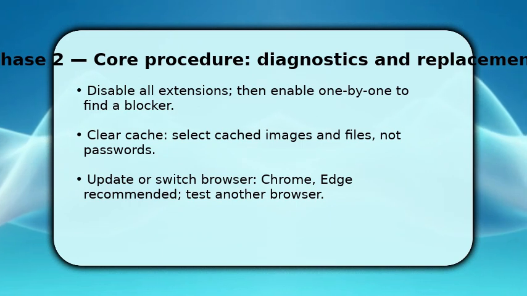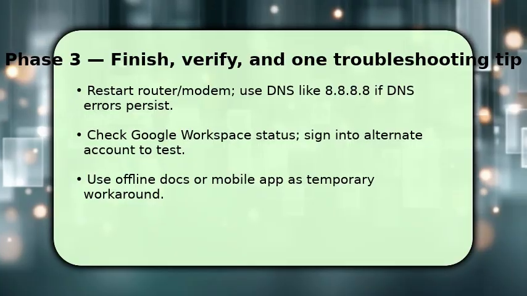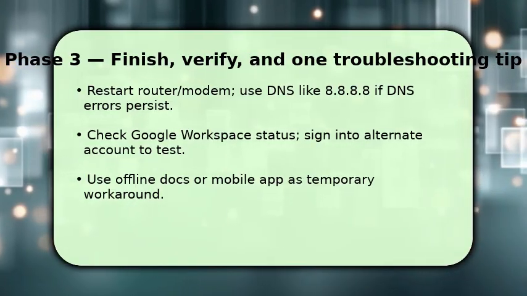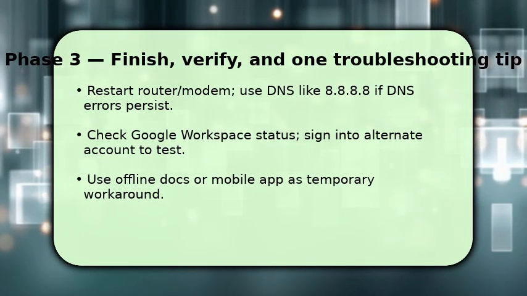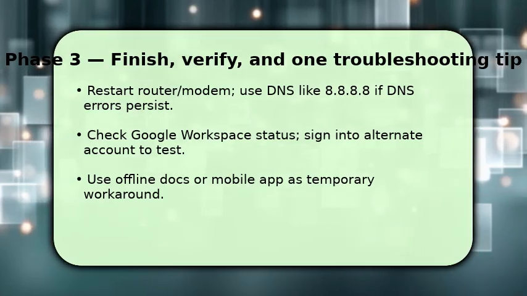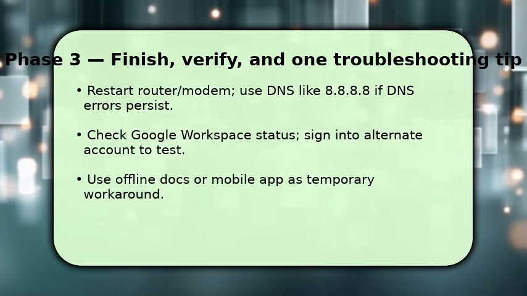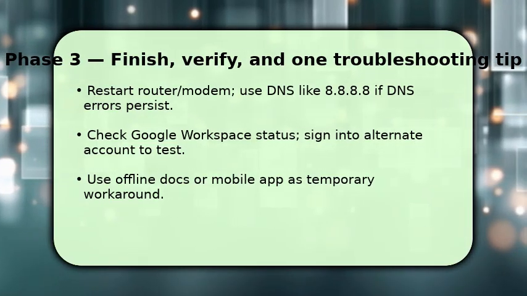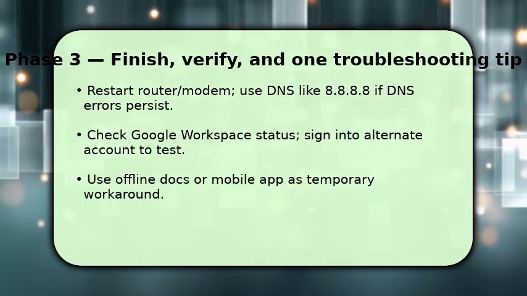To finish, restart your router and modem to clear NAT and DNS caches. If DNS issues persist, switch to a public DNS such as 8.8.8.8. Next, check Google Workspace status or sign in with an alternate Google account to see if the issue is account-specific. If Docs still fails, open the Google Docs mobile app or enable offline mode as a temporary workaround so